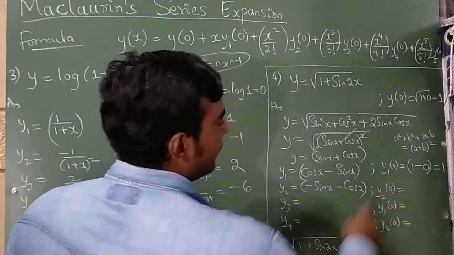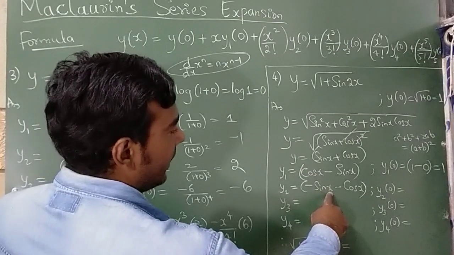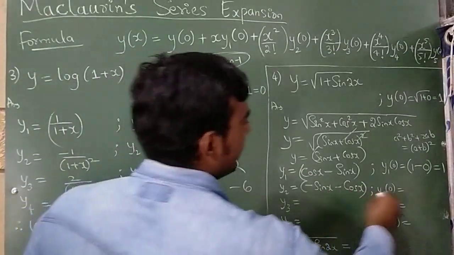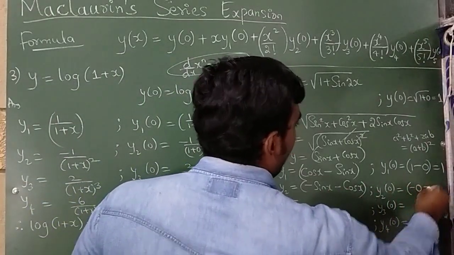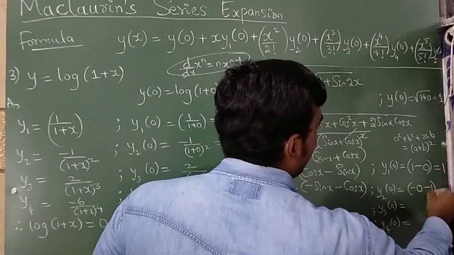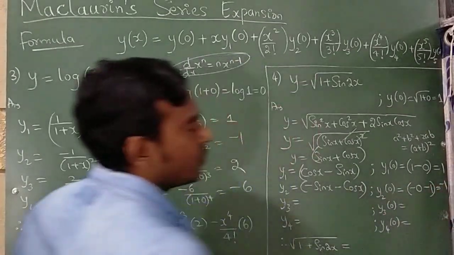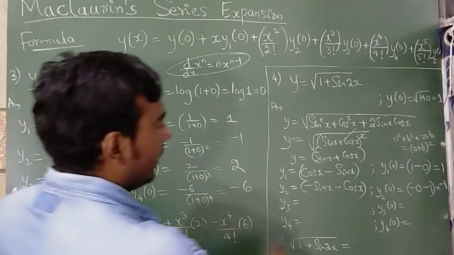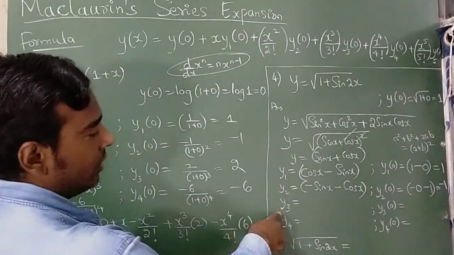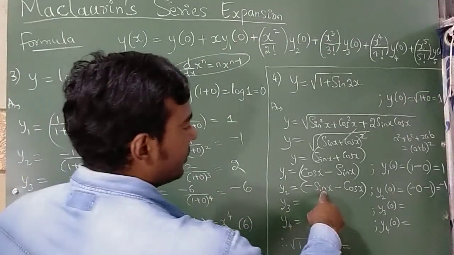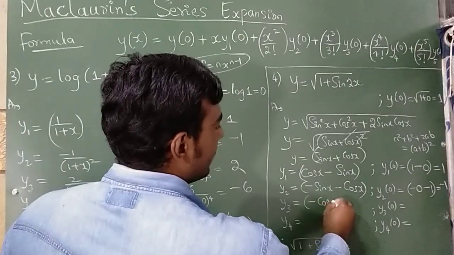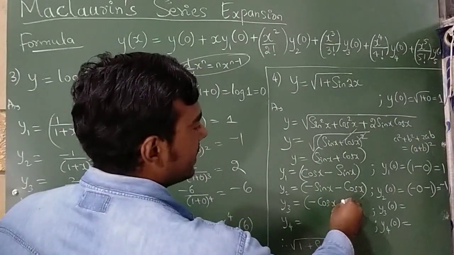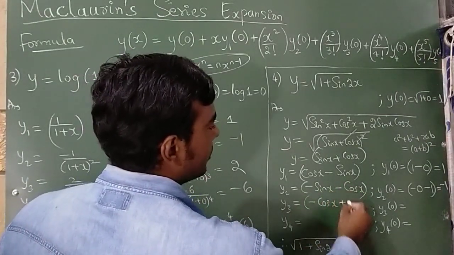Fine. Now y2(0) means in place of x, I must write 0. So sin 0 is 0 minus cos 0 is 1. So the final answer is minus 1. Right. Now if I differentiate y2, I'll get y3. So differentiation of sin is cos and differentiation of cos is minus sin. So minus into minus will become plus